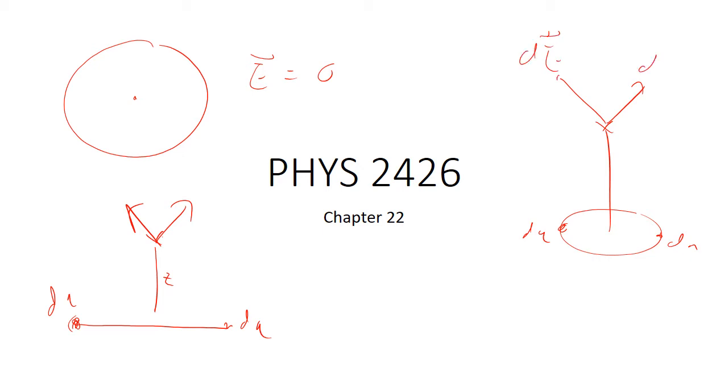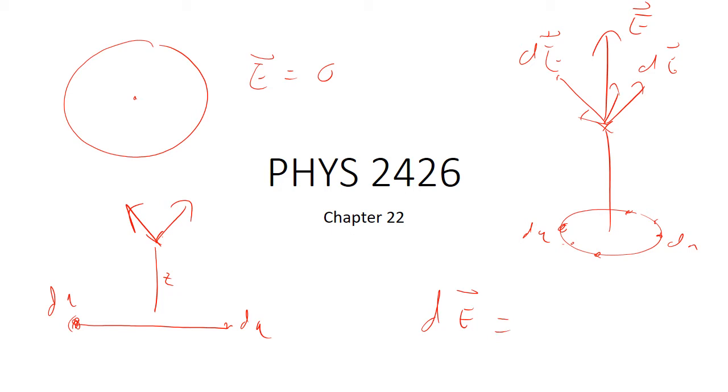Wherever I am on the ring, the x and y components cancel out, but the z components add. So the z component adds. So that means the total electric field is